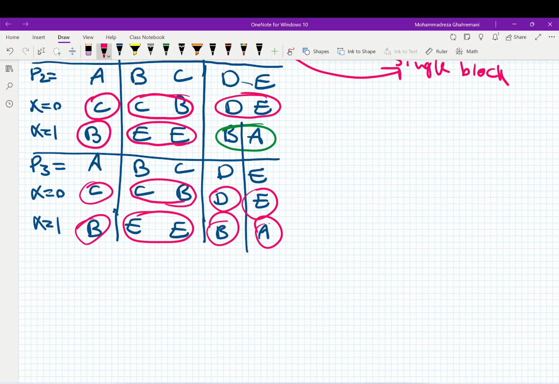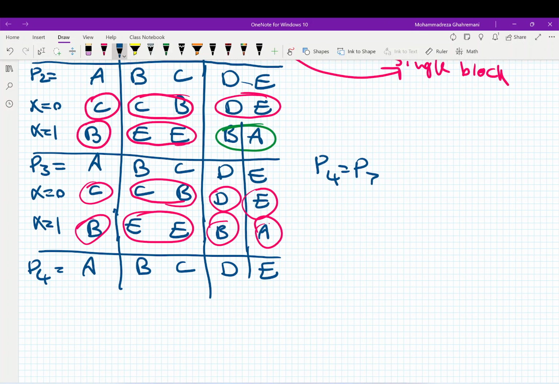So there is no blocking needed anymore, and if we continue we don't need to make more blocks. And for P4 we have the same order. So now we see that P4 is equal to P3. P4 is equal to P3. So at this point we'll stop,